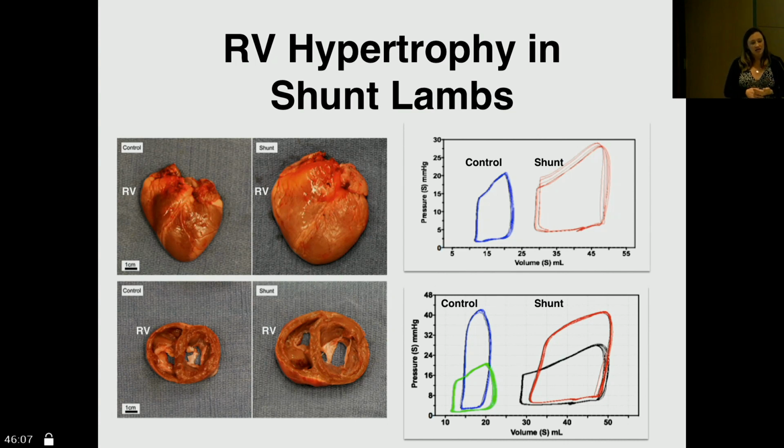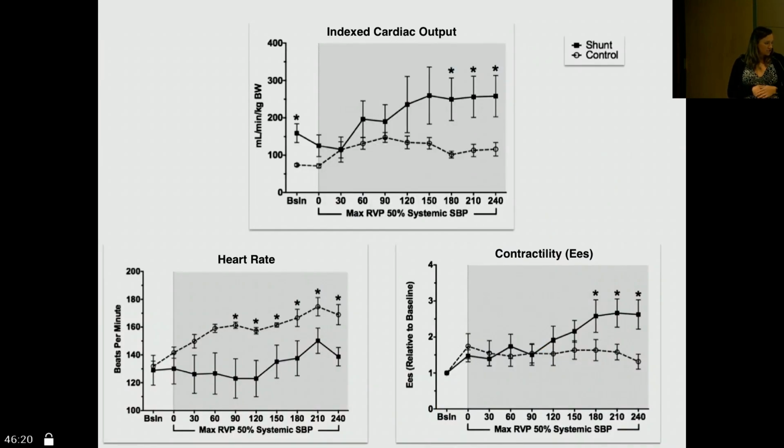We then challenged these animals with an acute PA banding protocol where we increased the RV pressure to about half systemic pressure, and we maintained that level for 4 hours. And what we found was that shunt animals had increased cardiac output than did control animals, despite the increased afterload, and that although control animals were able to maintain their baseline cardiac output, they really did it by becoming progressively tachycardic, which you can see in the bottom left panel, whereas shunted animals actually increased their contractility in response to